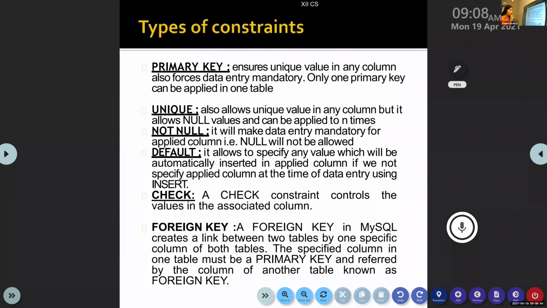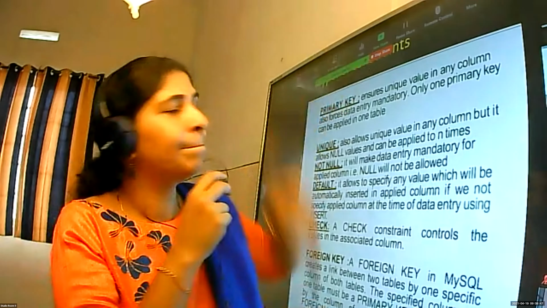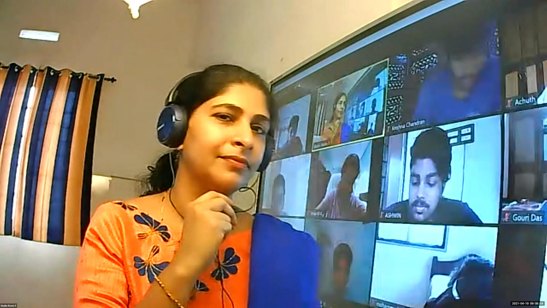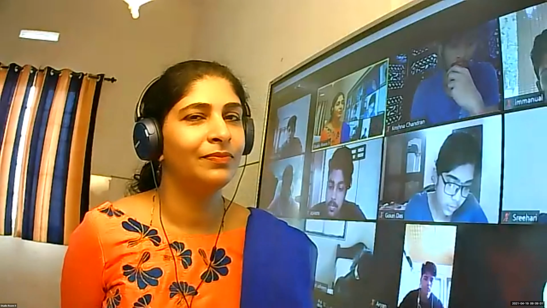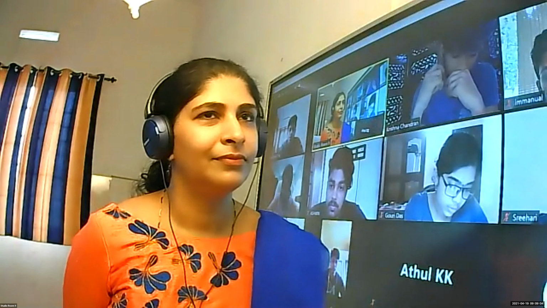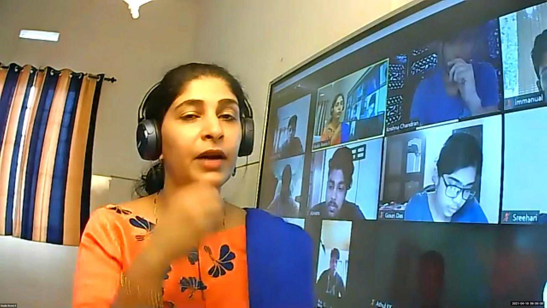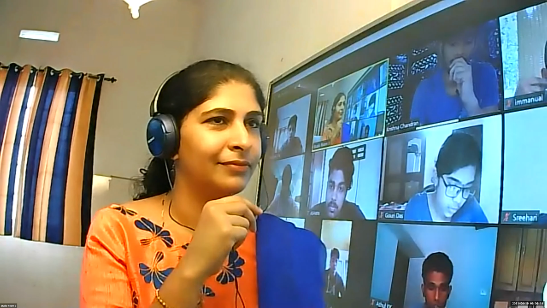Primary key. Why do we write a primary key constraint? Krishnachandran, what is the use of the primary key constraint? Emmanuel? It's unique.